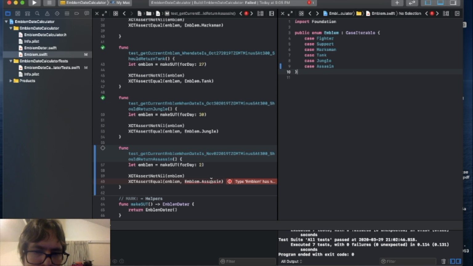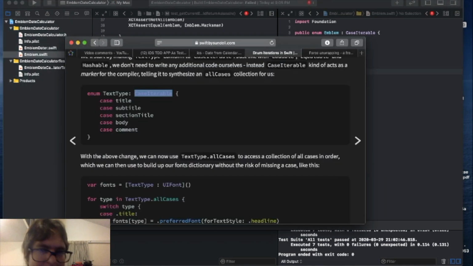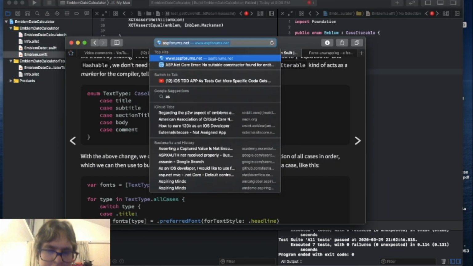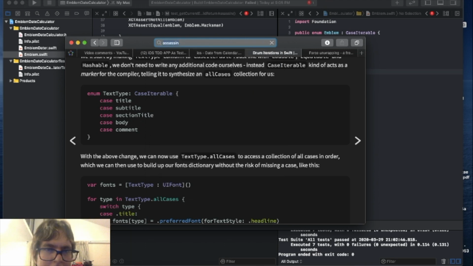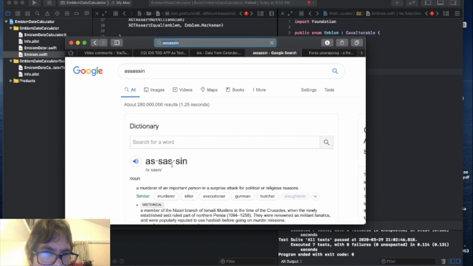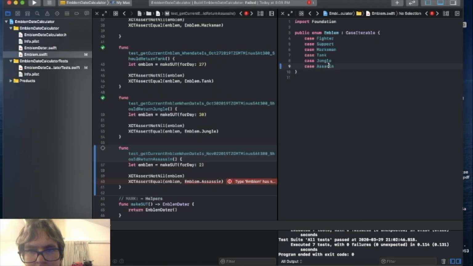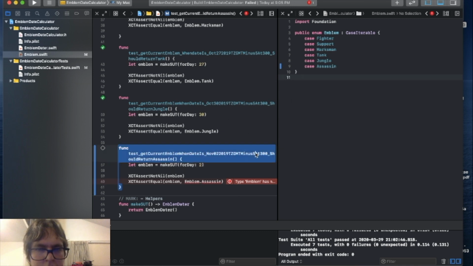Okay, so this is what I was doing. Assassin is spelled with double S and double S. I think it's like that, right? Let me just double check on Google. I think assassin is, yeah. So 4 S's, and here I wrote it wrong. So this is what I meant when things get complicated, and this prevents me from mistyping issues. So I'm going to command U again,